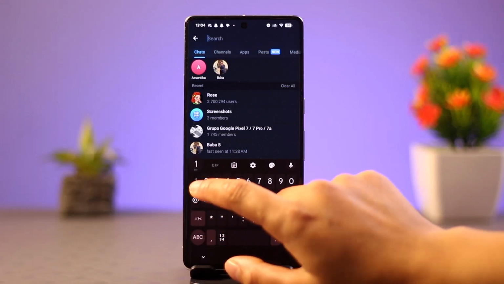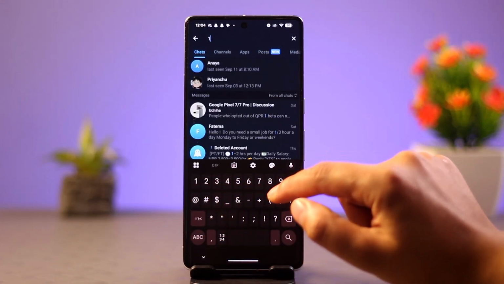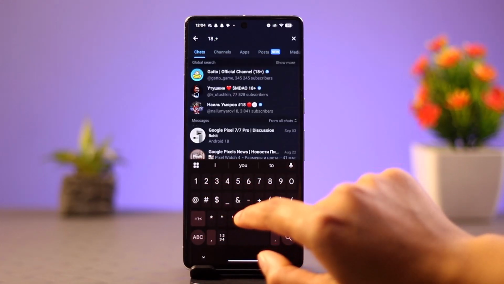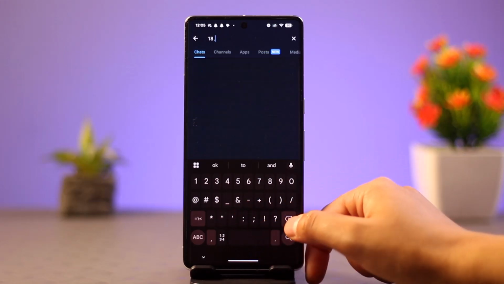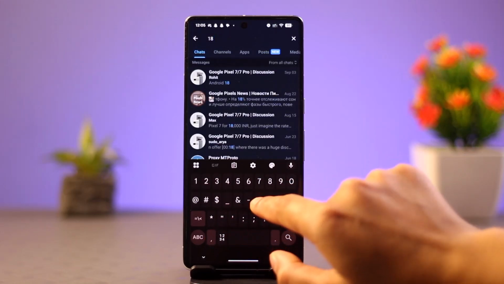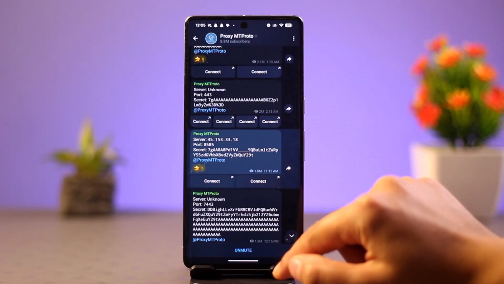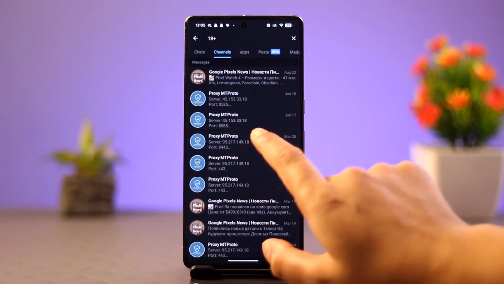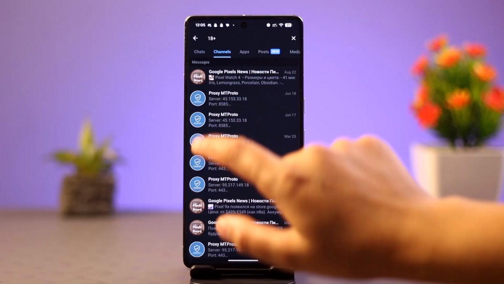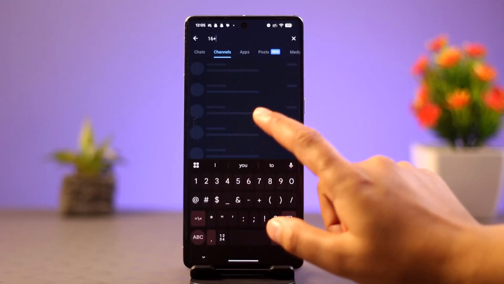Now, for example, I am just going to go ahead and select. So let's see, this is the one. Now, what next I'm going to do is select the group that I want to go with. And I'm just going to go ahead and click on it. And next, what you have to do is simply go ahead and scroll down and locate the channel that you